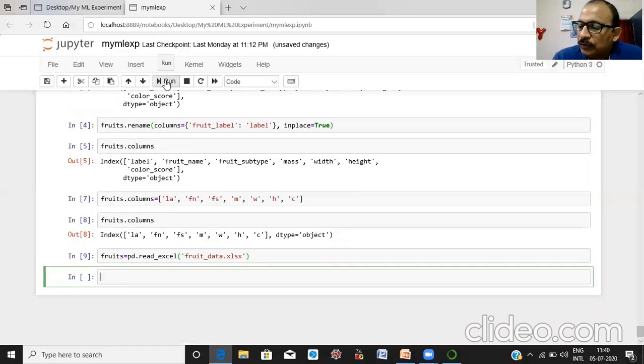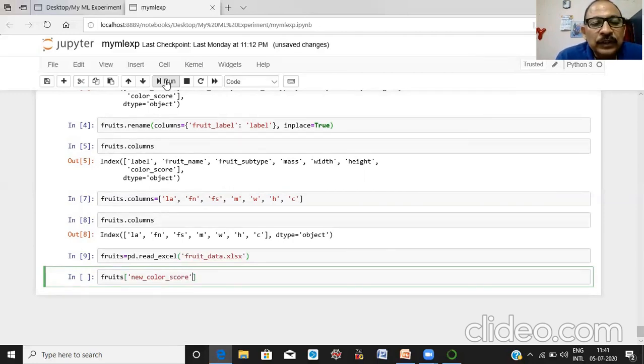Now we are going to create a new column from the existing column. The new column name is, suppose, new color score.